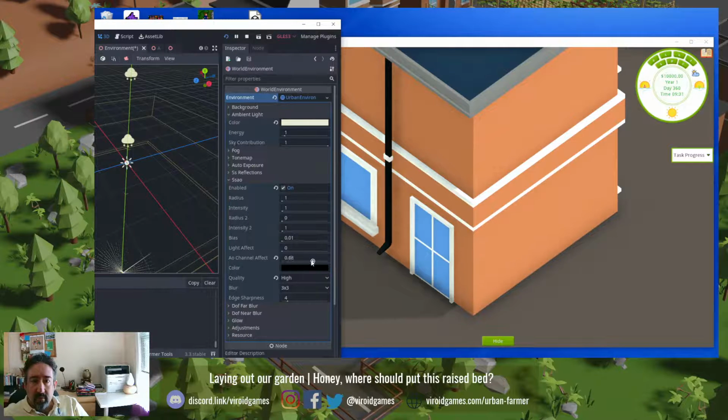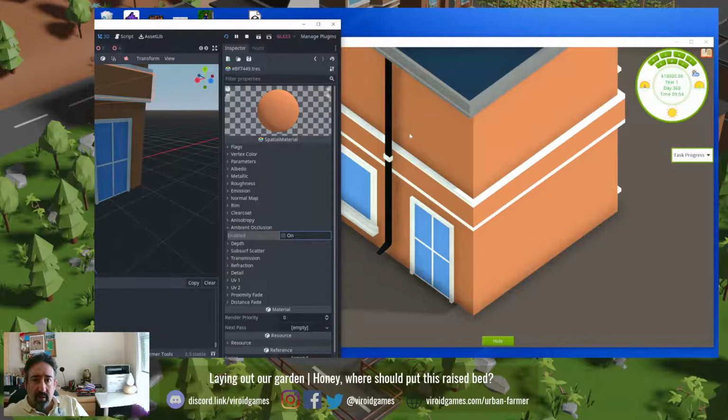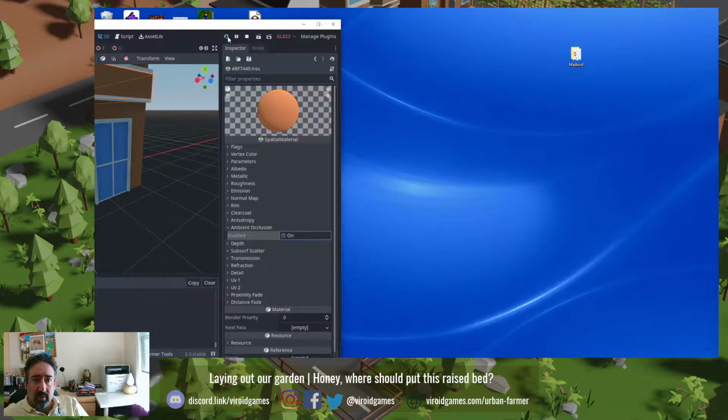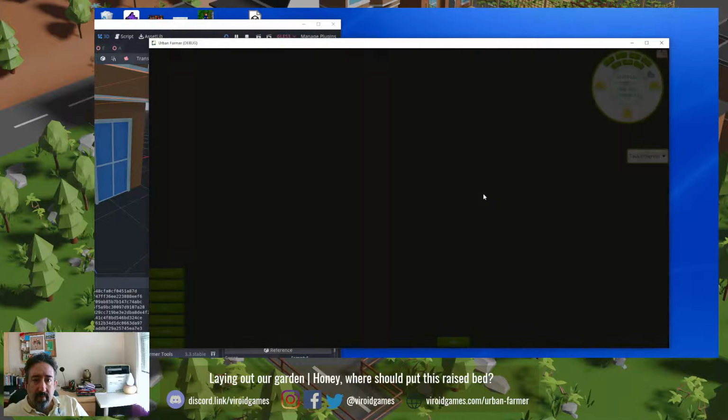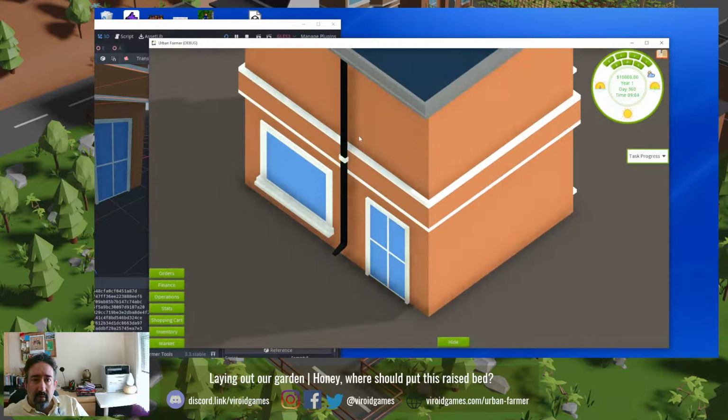Yeah, you can actually see AO channel effect is 1, so it's 100% affected. I'll go and then try this guy's enabled off. Again, this has to be recompiled. Take over. But just for argument's sake, let's restart. And then let's move 3 hours. And we'll see it. Maybe